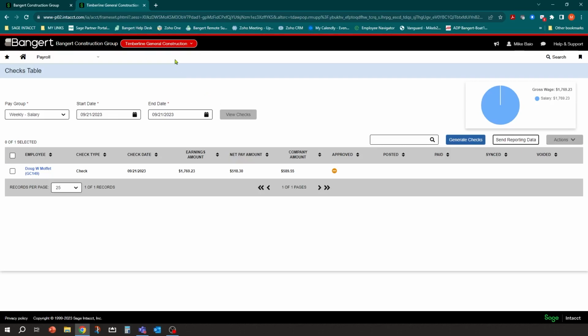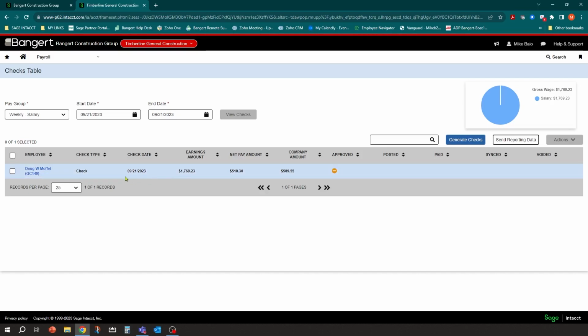Okay, so at this stage, we have a check generated. So if you had time entries imported in and you approved your time entries, this would also be the same stage where you've generated or processed your checks for the initial run. Then you come into here and take a look. Now, adjusting at this stage is going to be your most flexible, easiest to do.